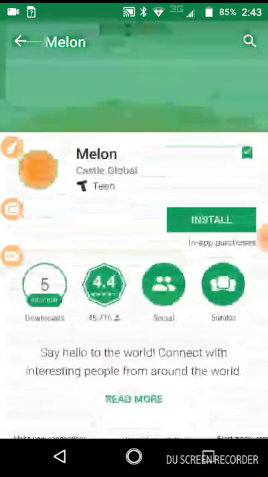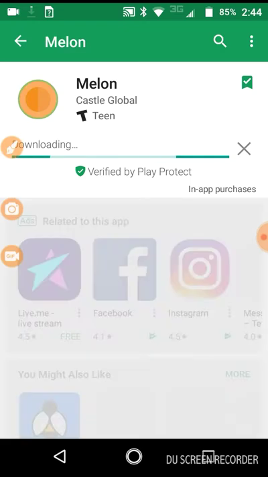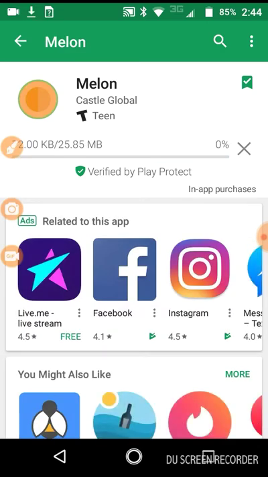But as usual, this is all stuff you can see yourself. I am going to install and use Melon on this phone and record myself doing it so you can check it out. Like the title, I'm testing Android apps so you don't have to. Let's see. It's not too big, shouldn't take too long.